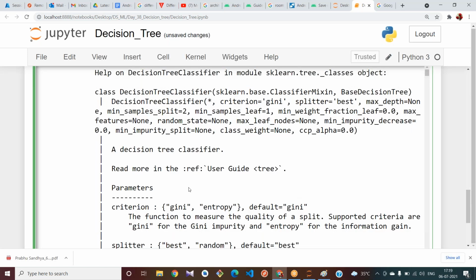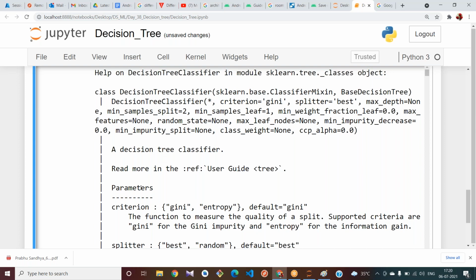See, in DecisionTreeClassifier, one parameter is there. What is that parameter? Criterion. What is the criterion? Default criterion is Gini. The function to measure the quality of a split. Supported criteria are Gini and entropy.